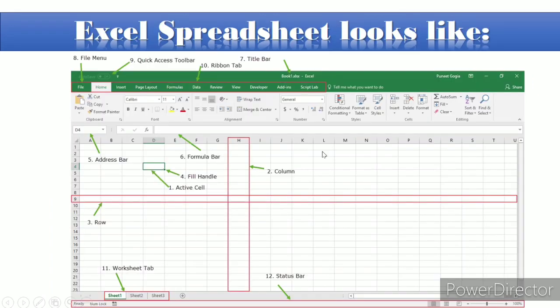Now the spreadsheet looks like this. This is the sample window or spreadsheet of the Excel. In this window, look at here, there are different types of components which are mentioned by the tags. So first one, at the top there is a title bar. Just below the title bar there is a file menu or menu bar which has different menus like file, home, insert, page layout, etc. And just below the menu bar there are different options available, and these options are related